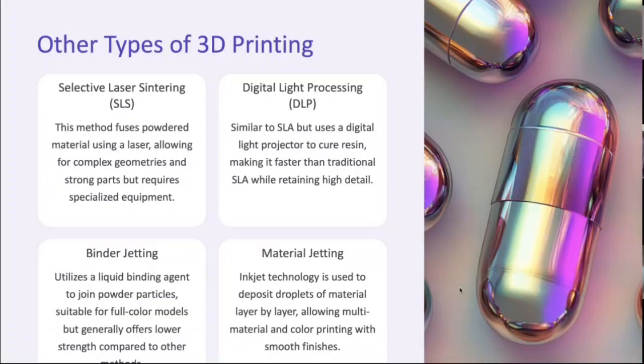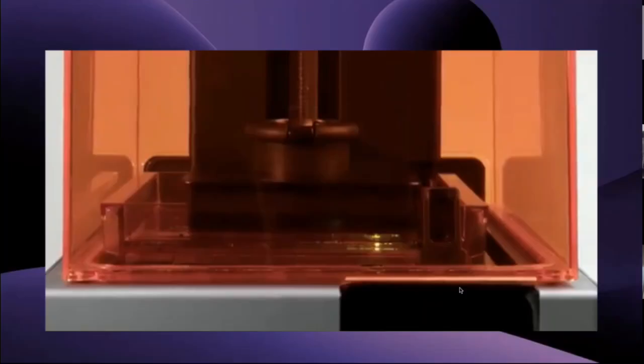Here this is SLS, selective laser sintering. The SLS works with the same kind of technology as the SLA, but here instead of resin, the SLS will be printed with powder. There the liquid was hardened; here the powder will be hardened. A layer of powder will be spread on the